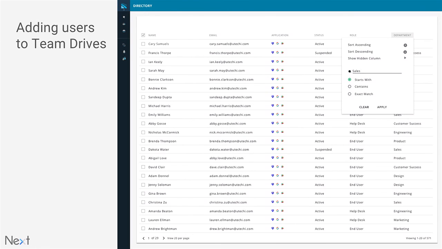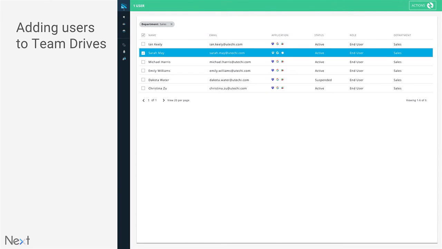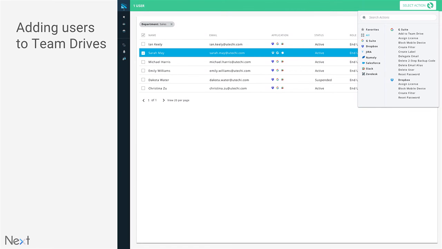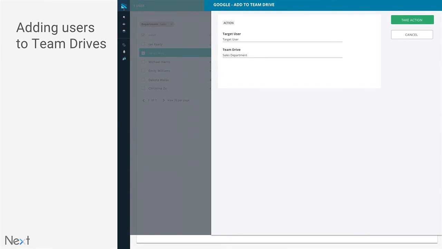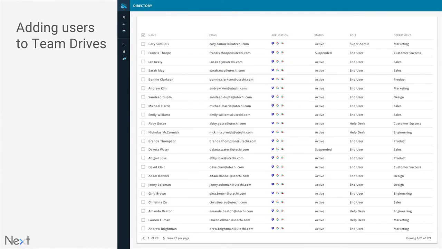What we're looking at now is the directory user grid in Better Cloud. I can filter by the department field in Google, search specifically for sales, and then via our action engine, add them directly to Team Drive. So to summarize, Better Cloud empowers IT to take action and orchestrate complex processes across your applications,